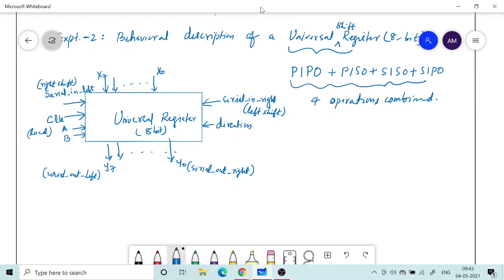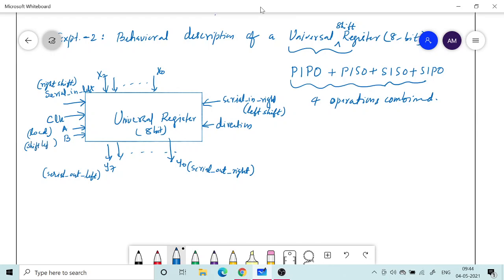Now if you want to control the shift, for that you have to use another control bit, that is B. This is the bit that will specify whether you should shift left or shift right.